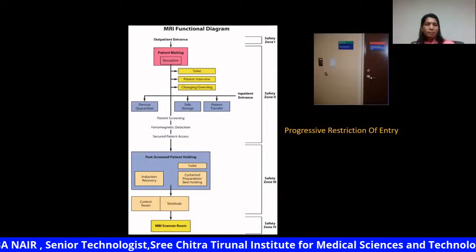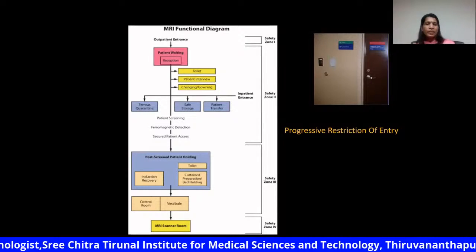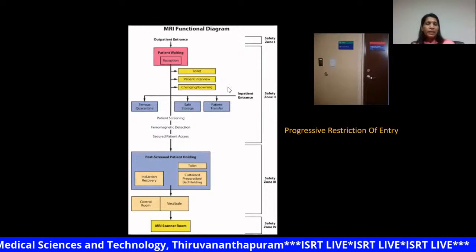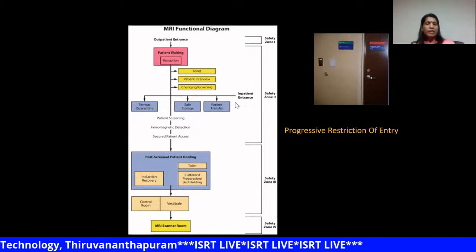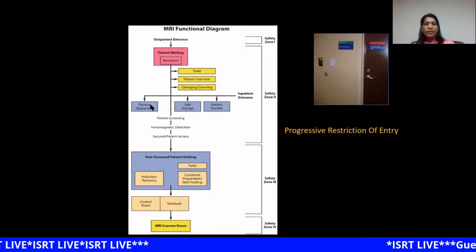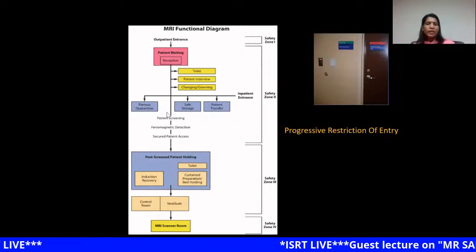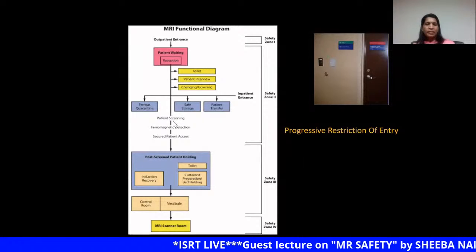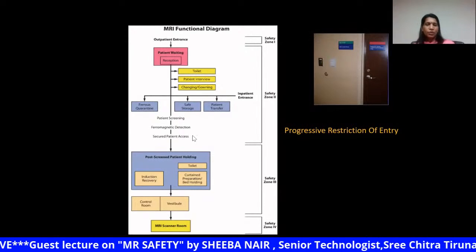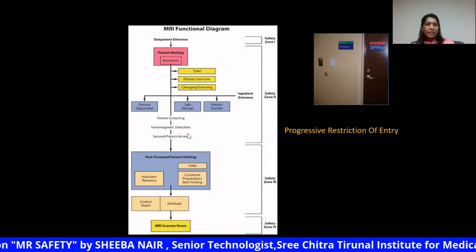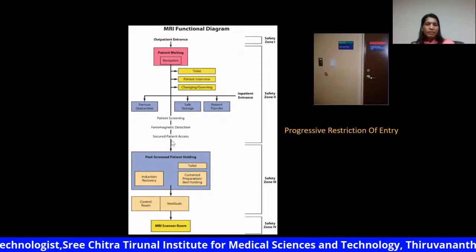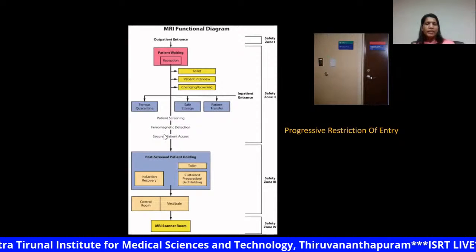change into the hospital-supplied gown. Then, a very important thing: some patients will be coming on a trolley or a wheelchair. So there should be a ferrous quarantine area where we can keep all these equipment. After that, the MR technologist can screen the patient at zone 2, and then the screened patients can enter zone 4, and